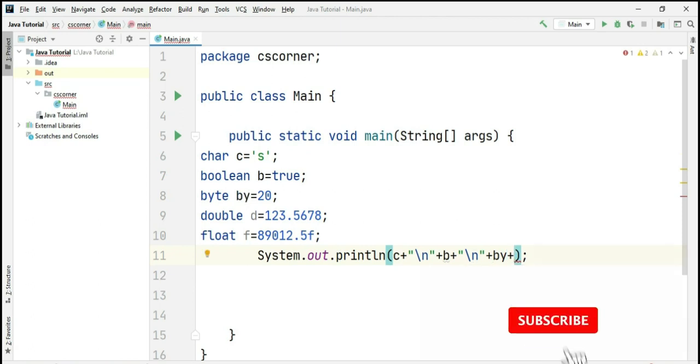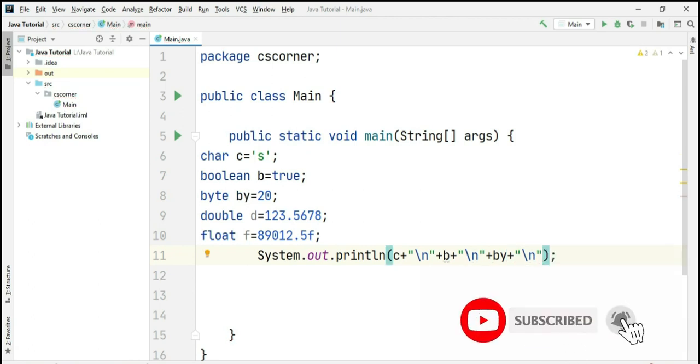Then again, next line, plus sign is for concatenation. So in a single System.out, I'm writing all my variables. Therefore, I have used the plus sign concatenation operator, and \n is going to come in double quotes because it is not a variable. So my next variable is double d, and now I have the last variable.